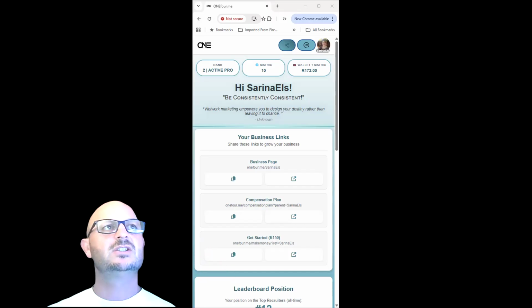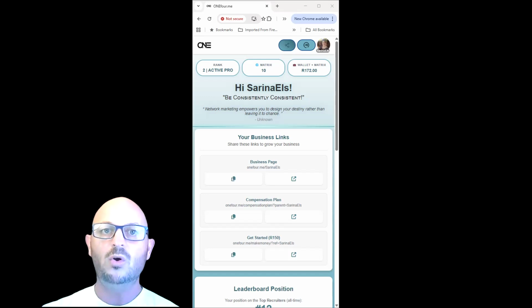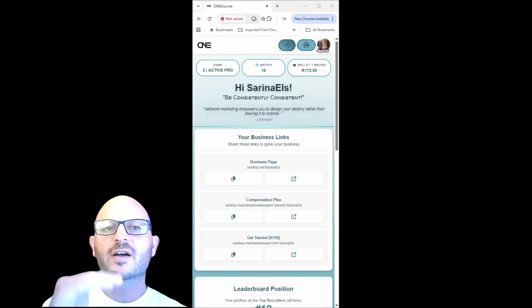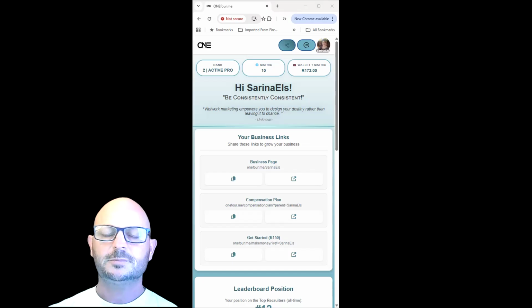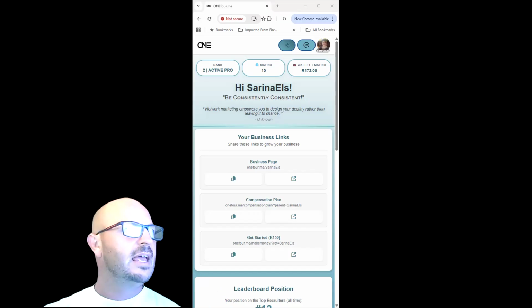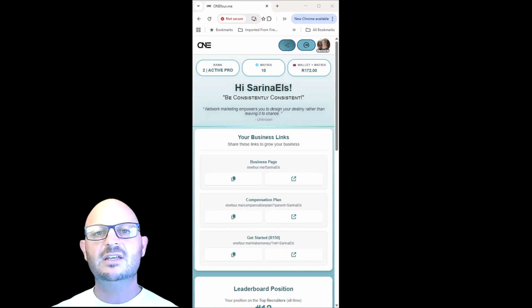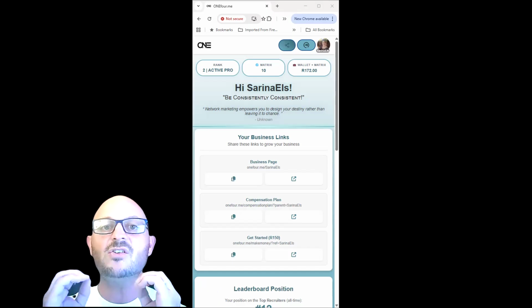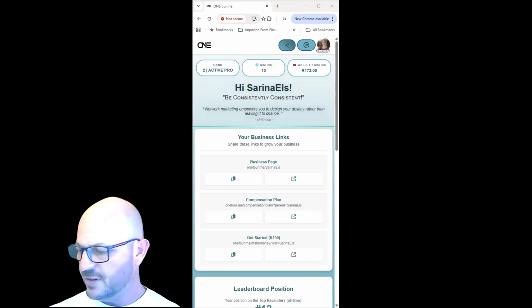And as it increases, you will have the opportunity to withdraw that amount in your wallet as soon as it is over 160 Rand. That is the minimum withdrawal amount, the limit on that. And as soon as it's over 160 Rand, you can draw it with a 10 Rand transaction fee.